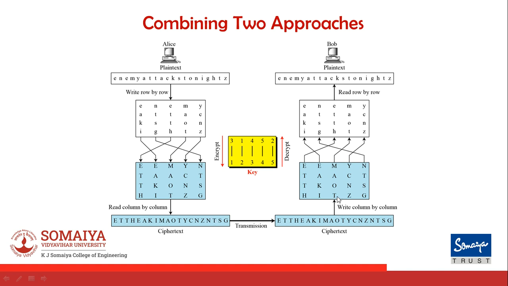Now if I apply the reverse way, first to third, second to first, exactly the reverse of this, and read row by row, I get my plain text back. So this is my transposition cipher. You have to perform the transposition cipher either by the first approach, the second approach, or by combining these two approaches. You have to perform encryption using transposition, and also decryption. So this is the second activity.